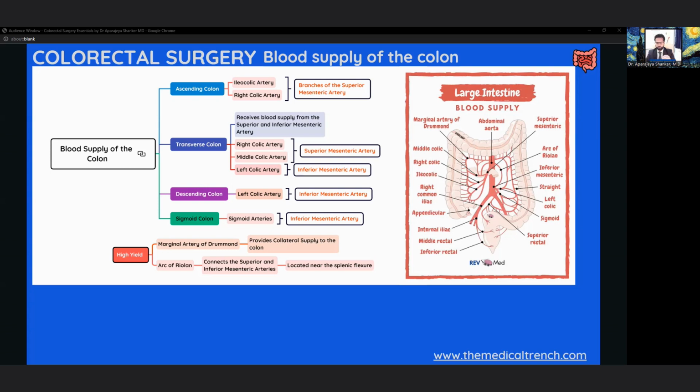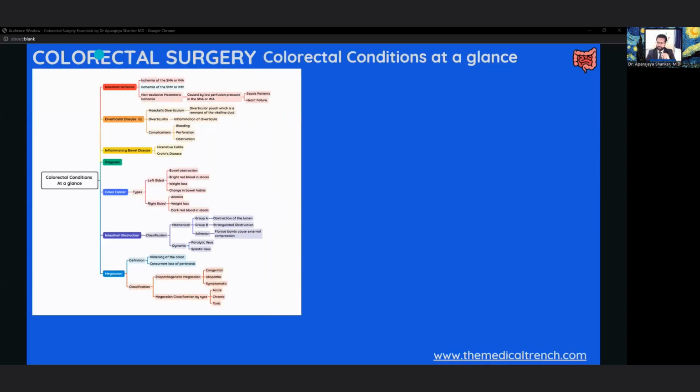Okay. Now, when we talk about colorectal disease in and of itself, we have a bunch of these diseases here, and we will first begin with intestinal ischemia, and we also have diverticular disease. We have inflammatory bowel disease, polyposis, colon cancer, intestinal obstruction, and megacolon. Right now, here I would like all of you to take a small step back and try to understand one major idea here. You look at this thing in yellow called inflammatory bowel